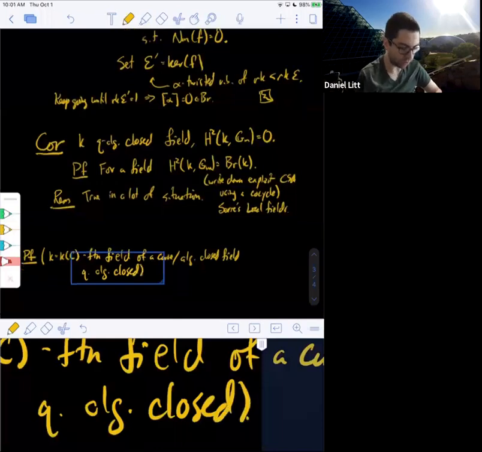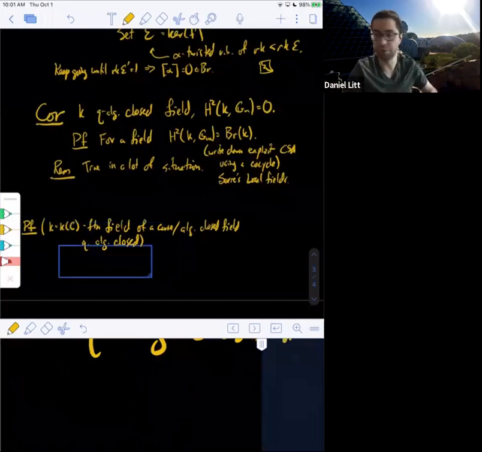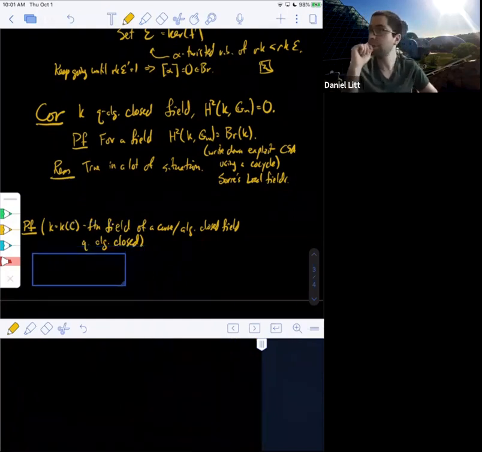So in particular, combining this with the corollary above, we'll see that the H2 of such a field, so H2 of the function field of a curve with coefficients in Gm, is 0. And the Weil divisor exact sequence we discussed a couple class periods ago told us that that group was closely related to the etale cohomology of a curve. All right. Are there any questions before I start giving this proof?